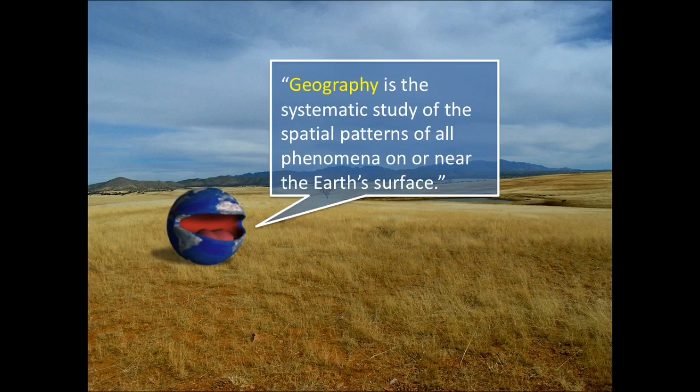So you may back up a little bit and you may look at a larger area and see where all of the schools are located in a larger area, and then you can see how the schools are spaced out. You could look at that in a systematic way. A system is when you're considering more than one piece. Like your body is a system. And why is it a system? Because it has all of these organs that work together that keep you alive, and that is a system.